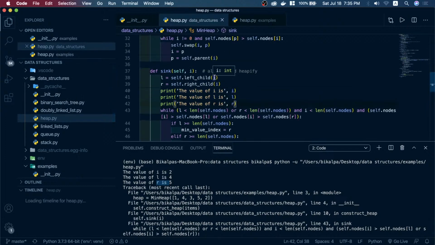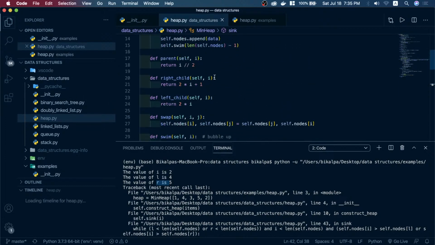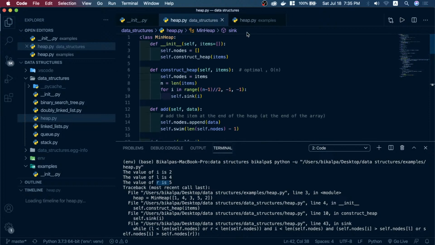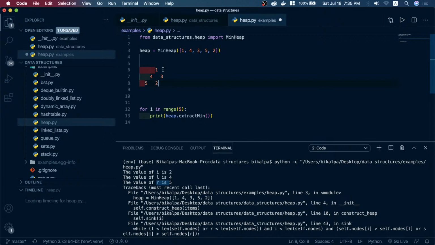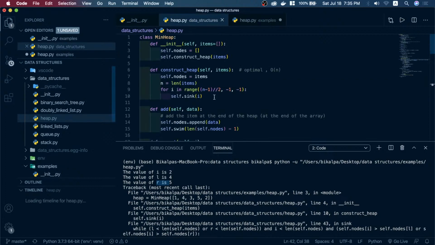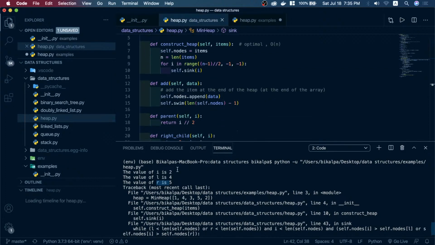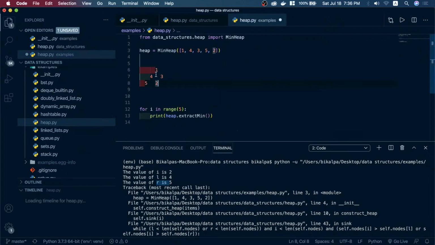So I is 2, and then basically let us visualize this. Okay, I'll try to visualize it first. First of all, I am doing in place. So 1 is here, 4 comes here, 3 comes here, 5 comes here, and 2 comes here. Okay, and then for I equals to 2, that means 0. Okay,